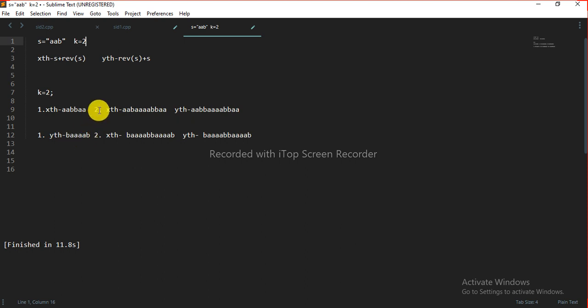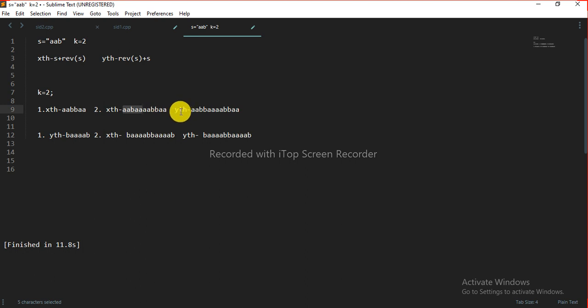Now if we perform a second operation on this string, if we perform the xth operation, we get s plus reverse of s. So aab baa is basically s, and the rest of the string is reverse of s.